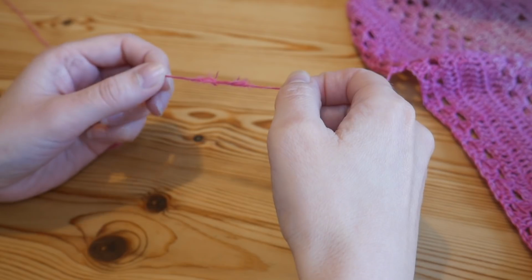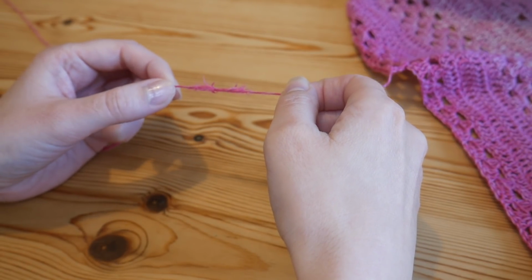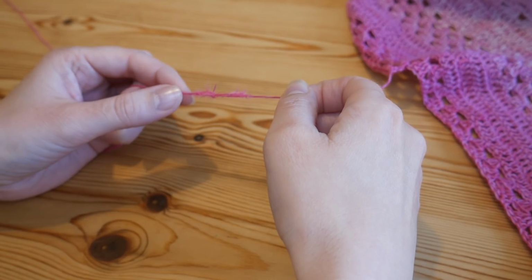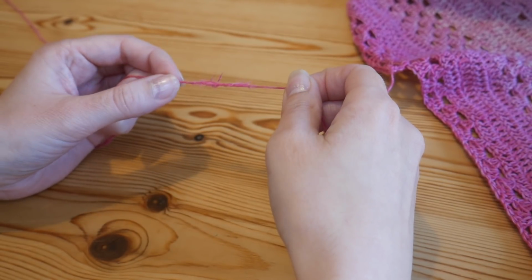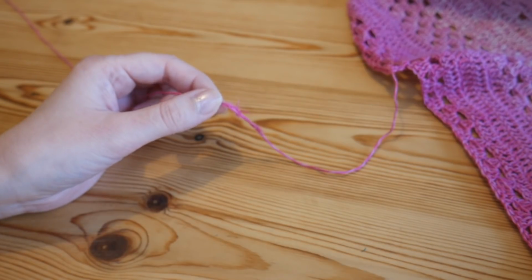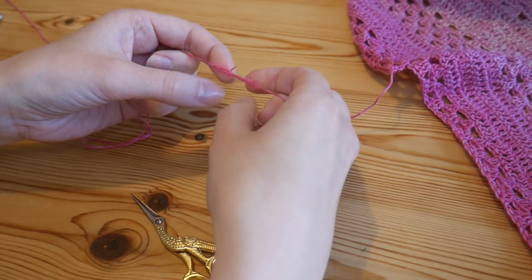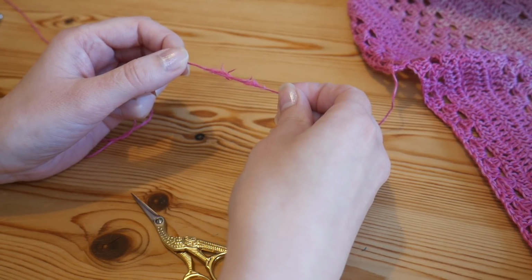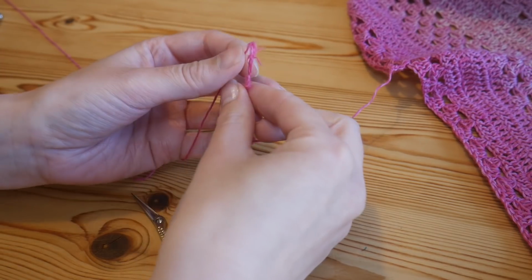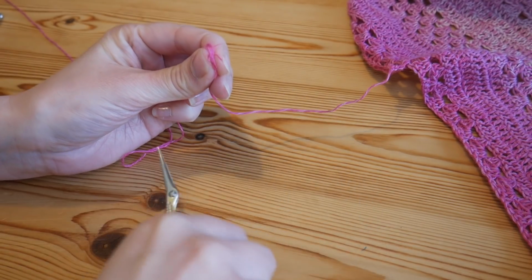There is a really simple way to make it get tucked away into your work without needing to sew in lots of new ends or join the two ends together all the time. So just rub your fingers over it a little bit just to get all the fluffy bits to stick up, and then I'm going to take my scissors and carefully, and not too close,